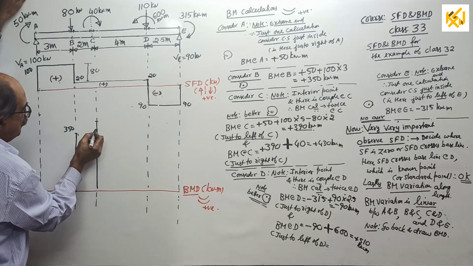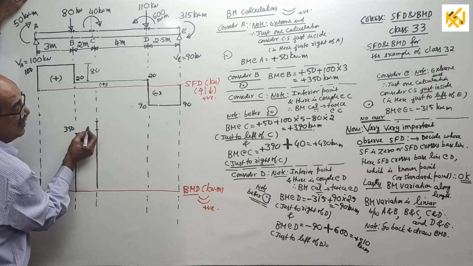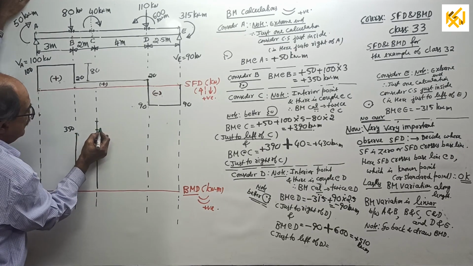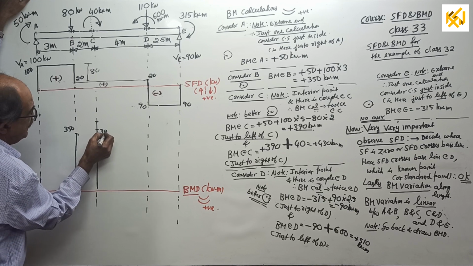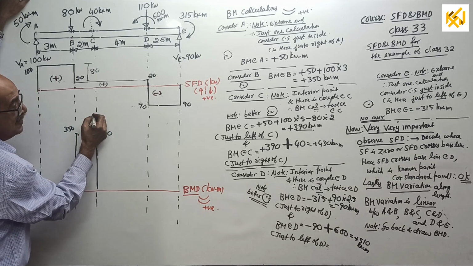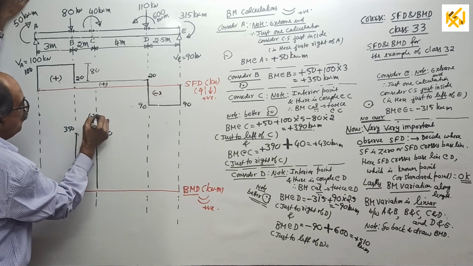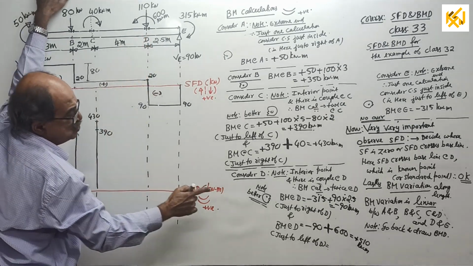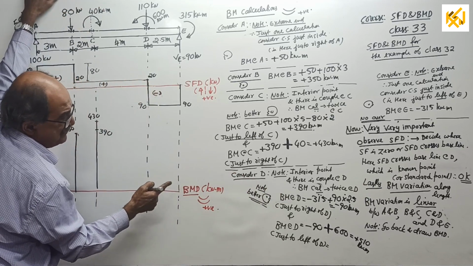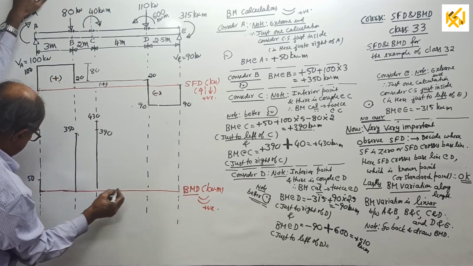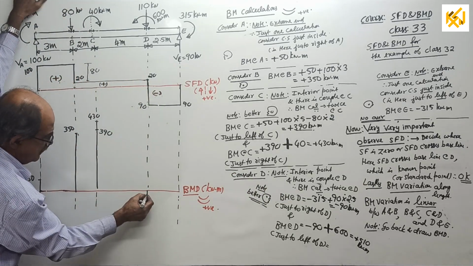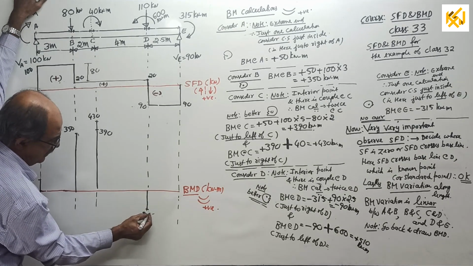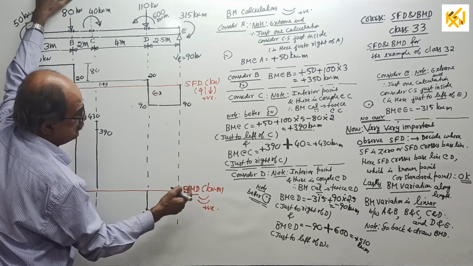See. One of them is 390. Which one first came? 1 minute. Okay. This is, I will tell, 390. I am writing here for some reason. This is how much? 430. Why I wrote there, I will tell you later. Then BM at D also, two values are there. One of them is minus 90. See, this is 50 here. Minus 90. And other is plus 510.